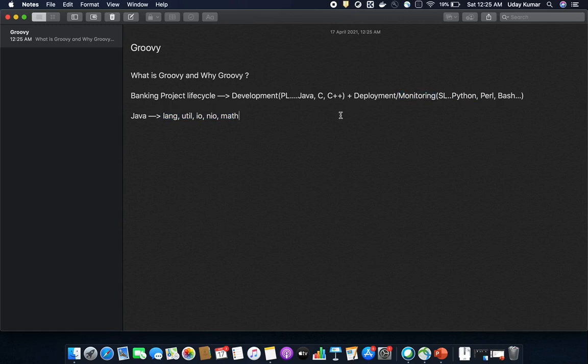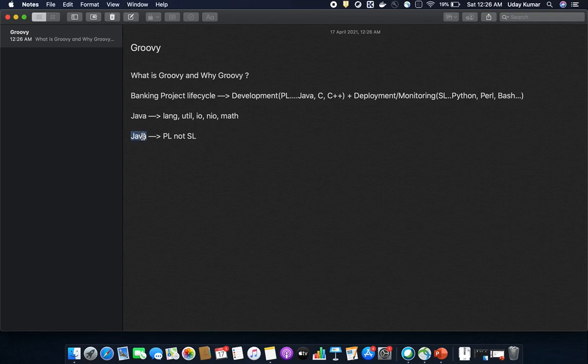But the constraint with Java is that it is a programming language, not scripting language. So generally for deploying and monitoring purposes, we use the scripting language because scripting languages are lightweight, they consume less memory, and the script will be executed line by line, statement by statement.